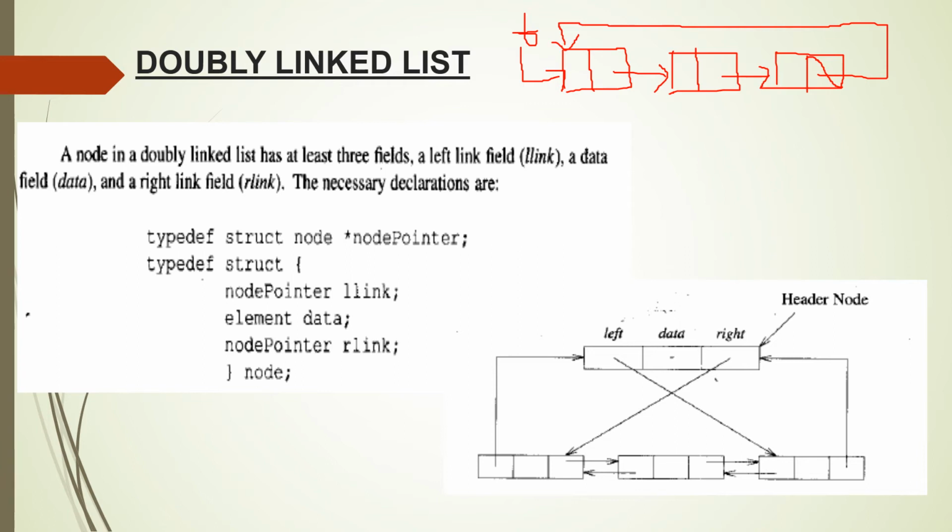Even in the circular single linked list, we can traverse the list in only the forward direction; it's not possible to traverse this list in a backward or reverse direction. Either a normal single linked list or a circular single linked list, you can traverse in only the forward direction. There are some situations where you need to traverse the linked list in both the forward as well as the reverse direction. By that time you will go for the doubly linked list.